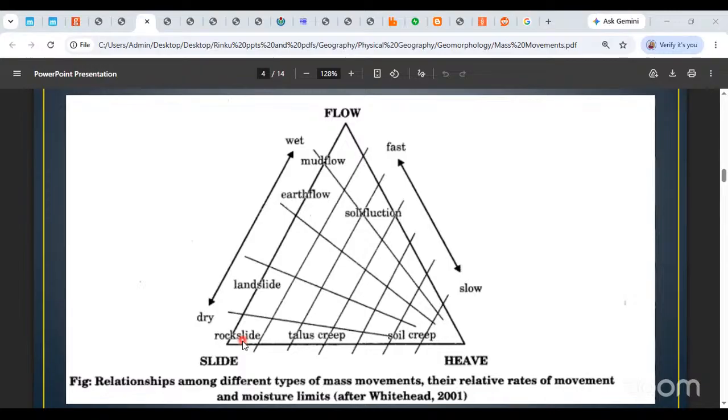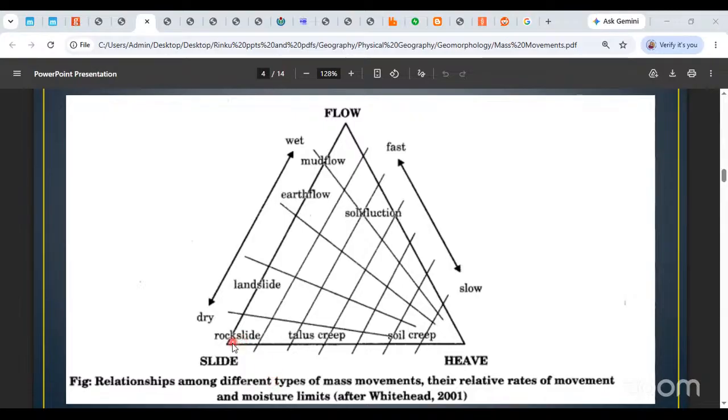All right, we were discussing, now we are going from movements which alternate between slide to flow. Okay, alternate means movements which are progressing from slide to flow. Now clearly the difference you see is, if materials are sliding along, you do not require water there. Okay, but if they are flowing, then you require that lubricating water. Okay, clearly for a flow you will require lubricating water. For a slide, it's not so much.